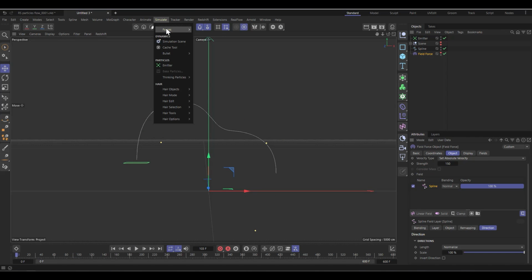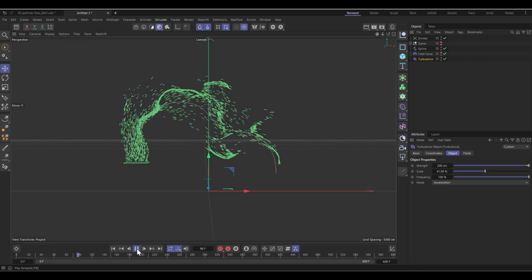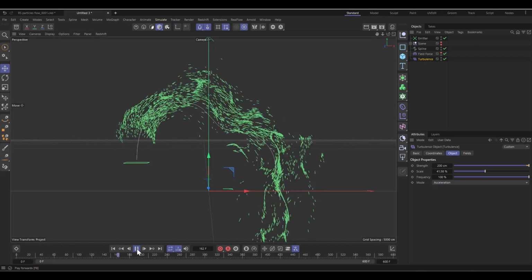So I'll come into the simulation tab, forces again, and I'll add turbulence. And if I hit play, not much is happening. So let's select the turbulence, drag it down, select the turbulence, increase the strength even to like 200 if you want, and also increase the scale to maybe 41, something like that. If you hit play, you can see now there's some random movement in it, but it's going sort of haywire